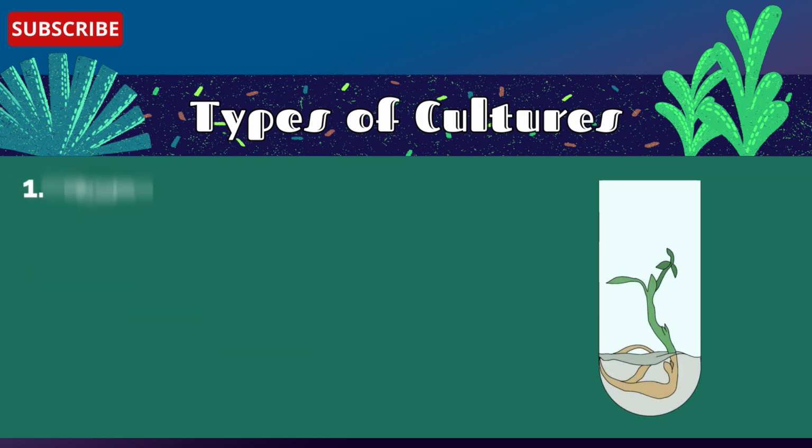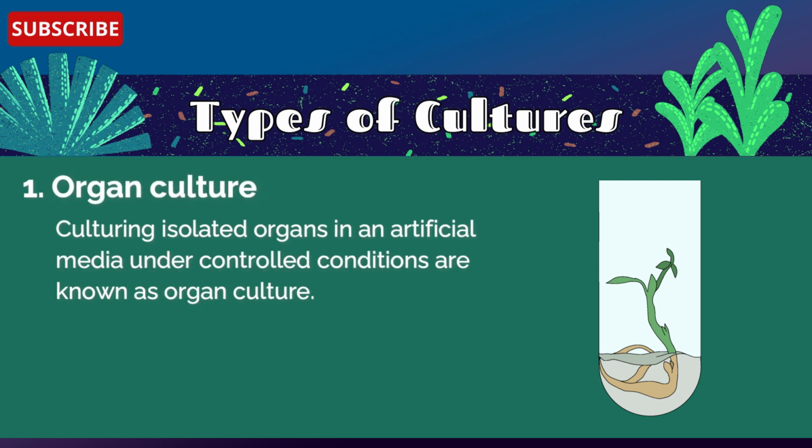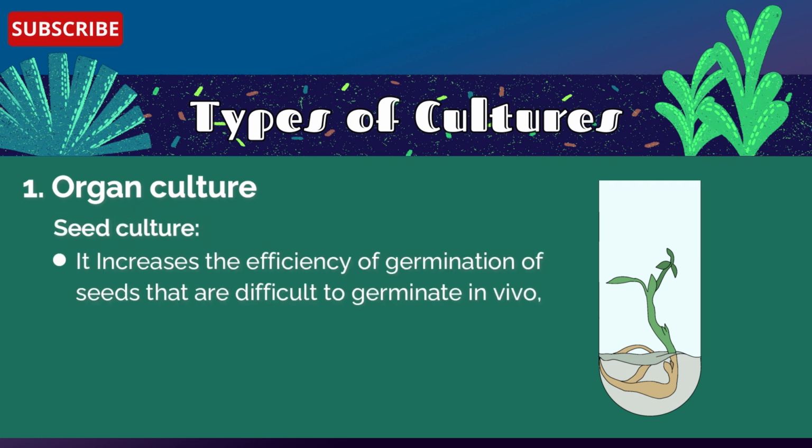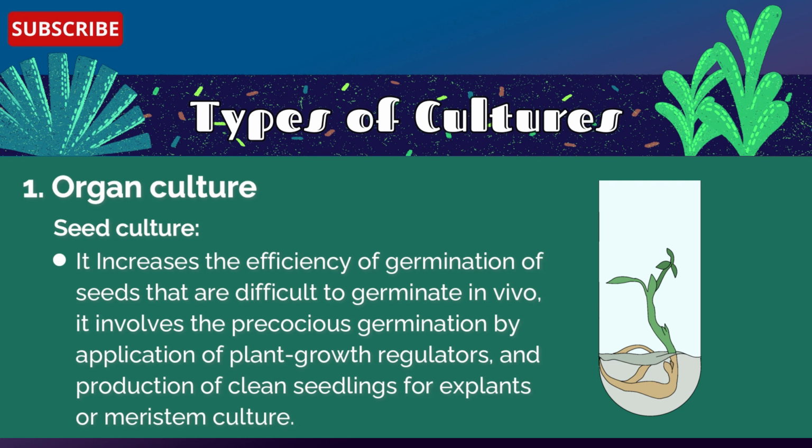Let's learn about organ culture. Culturing isolated organs in an artificial media under controlled conditions is known as organ culture. The following are the various types of organ culture and their specific purpose. Seed culture increases the efficiency of germination of seeds that are difficult to germinate in vivo. It involves pre-germination by application of plant growth regulators, and production of clean seedlings for explant or meristem